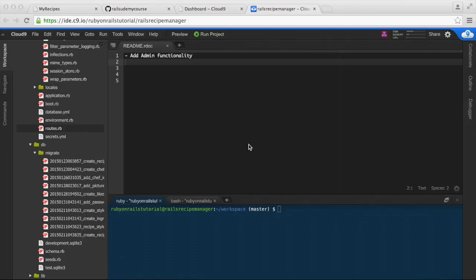Hello and welcome back. In this lesson, we will add admin user functionality to our app. As part of the security system or role-based permission system for any app, you'll have to add users who have different levels of permissions. You can have the regular user of any app who signs up. Then you can have moderators who can have more permissions, say of reviewing submissions or editing them. Then you can have admins who can do even more, like deleting users or editing posts or recipes